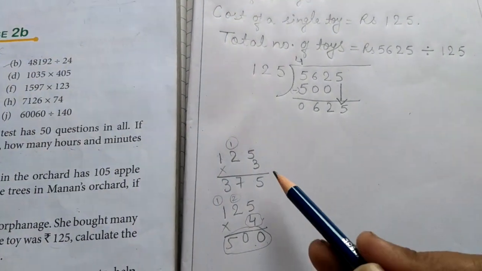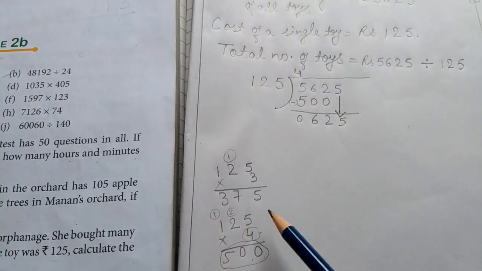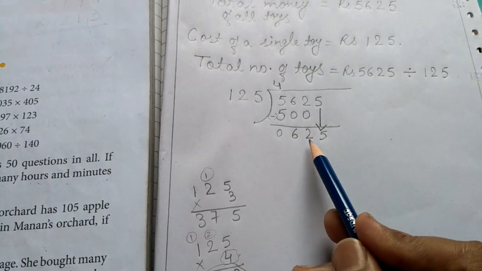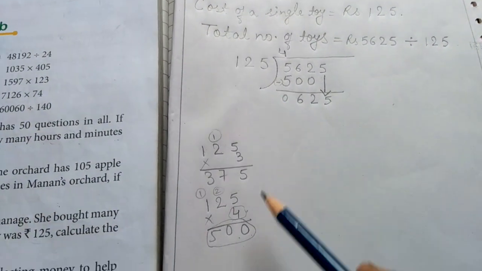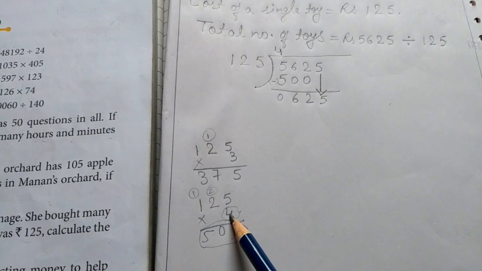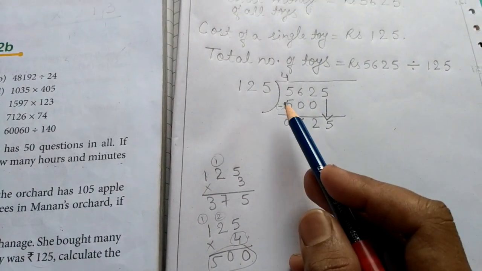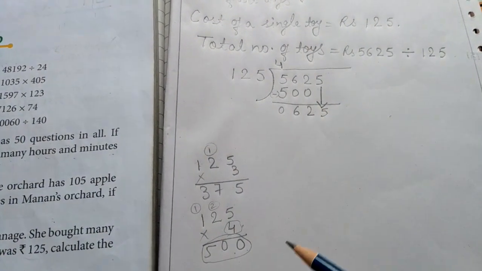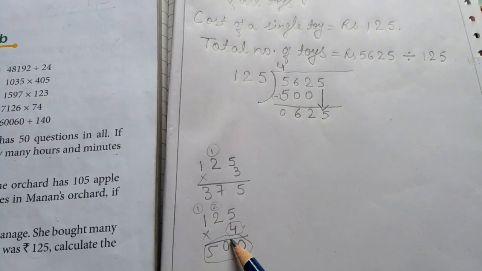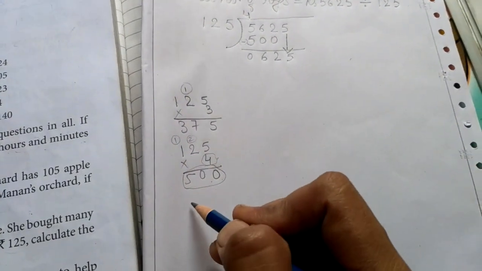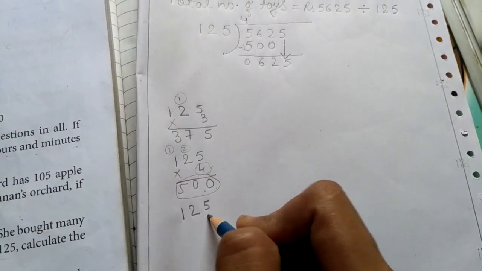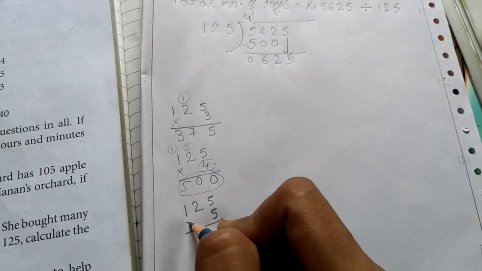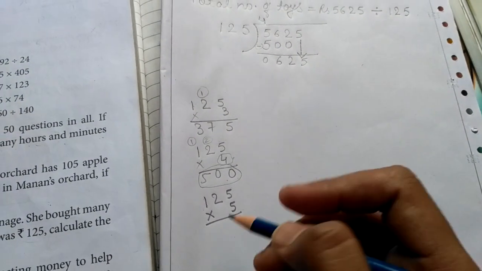Now no need to go again up to 3 because this we have already done. Now the number is 625. And we know after trial quotient 4, we have got 500. So now we will make the trial quotient above 4. Okay. So if we will give the trial quotient 5, if we will multiply 125 with 5, let's see what